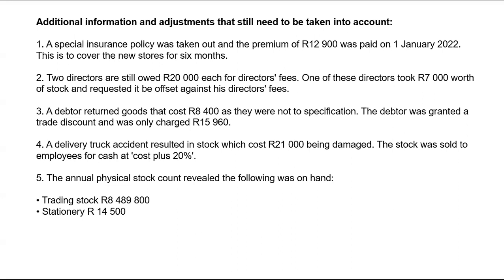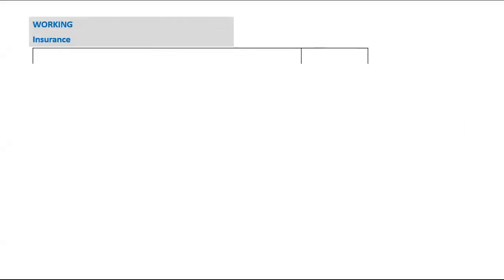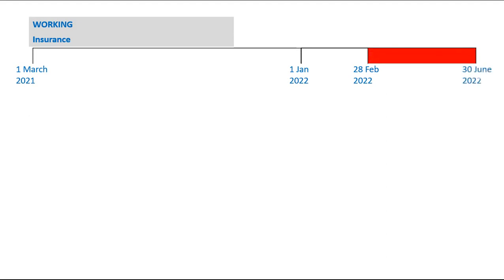I will start by drawing my timeline for you. Okay, so basically this is what happened. We will start with our financial year. Our financial year will start on the 1st of March 2021. It will end on the 28th of February 2022. We took an insurance on the 1st of January that will cover us until the next 4 months, which will be until the end of June 2022. This is 6 months, okay? And for 6 months, we paid